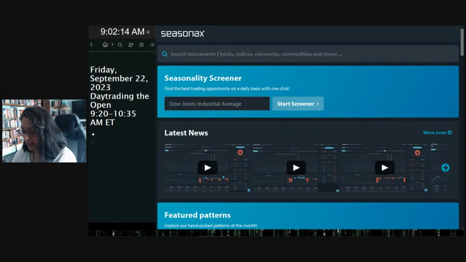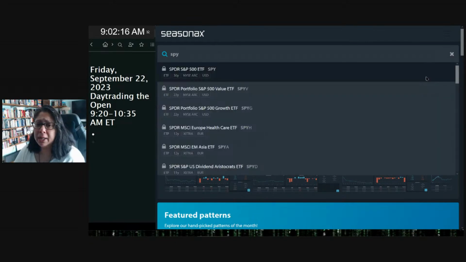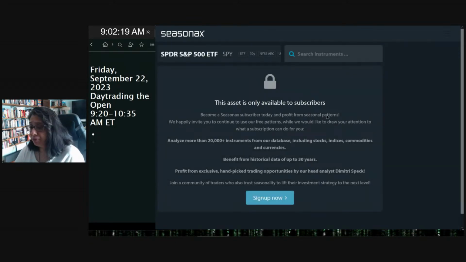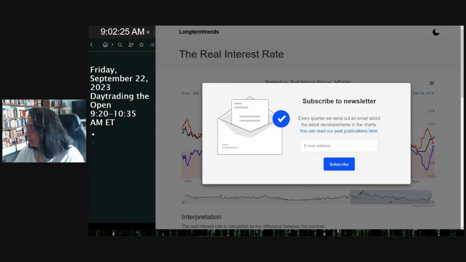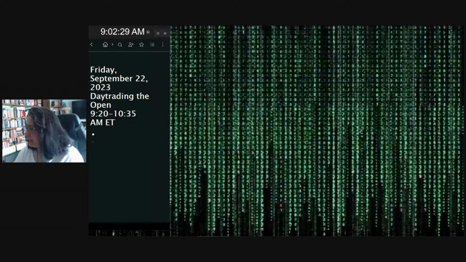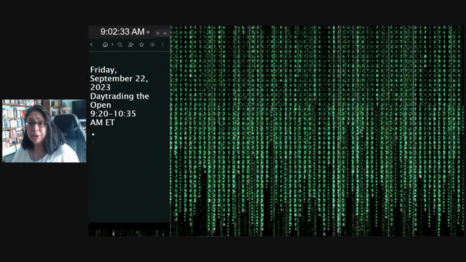I'm going to pull up the S&P, and I'm sure a lot of you have seen me use this chart before. Let me log in here real quick because this is really cool data. What I'm going to show you is over the last 5 years, what has the typical rhythm of September been? The only reason I'm even interested in the seasonal is because July acted according to the seasonal